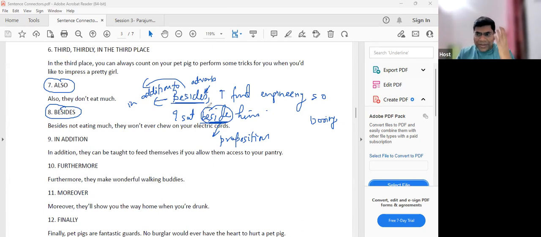So in some exams like SNAP and XAT or some other, even in IPMAT also, you'll find these kind of distinctions are very common. There is one sentence in which the author wrote, I sat besides him. This is a grammatical error because it should be I sat beside him rather than besides him. Here, beside is incorrect, it should be besides. That's why S has been used here. Please be mindful of these errors. Train your eyes and mind to observe and spot these errors. Besides not eating much, they won't ever chew your effort.